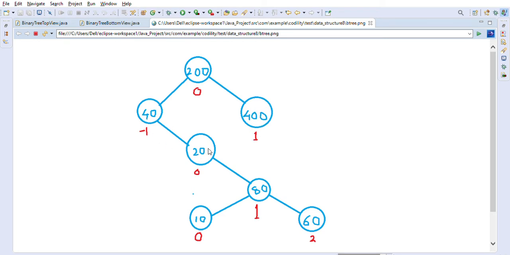Then when we go right side and we are looking at this node 20 of node 40, we already have a key 200 for the level 0. So we will not be putting anything because we already have a key for the distance 0. Similarly, when we are looking at 80, we already have put a key 400 for distance 1, so we will not be overwriting it, so we will keep it 400. And then for 60 there is no key, so we will add this 60 into the map.